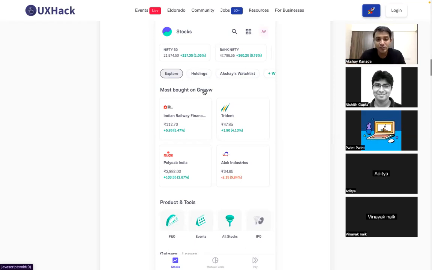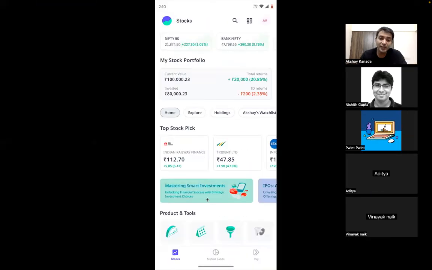But this is not e-commerce. This is investments, and treating it as e-commerce is a fallacy is what I feel. I mean, personally, if you ask me and other investors also, they might say that this is in Grow's interest that they're doing it. So what he does very nicely here, besides just showing the main thing that is needed,